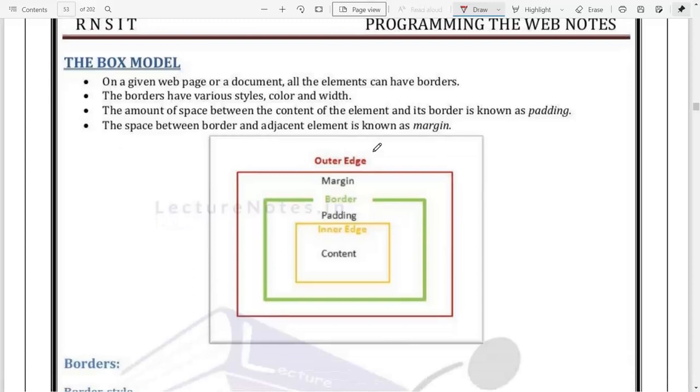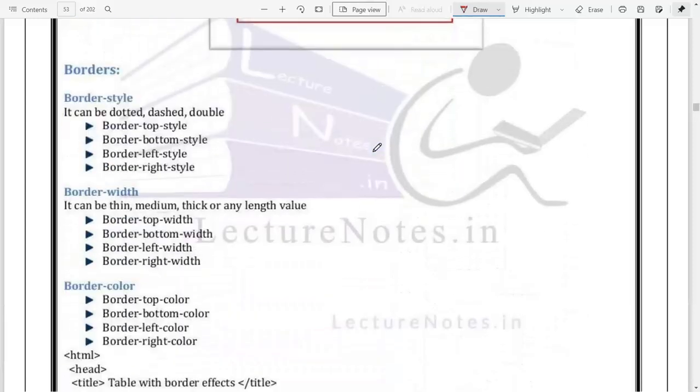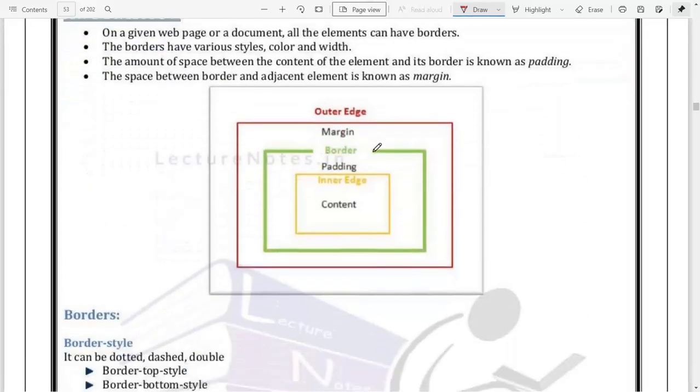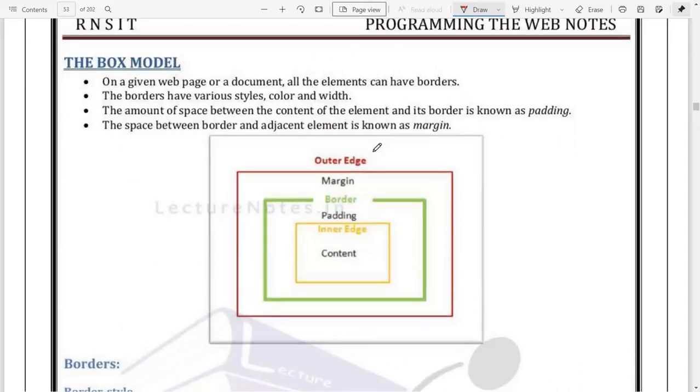So next we have one of the important topics called box model, which is one of the important topics from this chapter. From this chapter the important topics are, what are the ways of writing CSS. We have discussed one which is inline, second which is within the document, and third which is external, that question. And the second important topic will be what are the selector forms that you have, what are the different types of selector forms, and how to use those selector forms. And the third important topic is your box model.